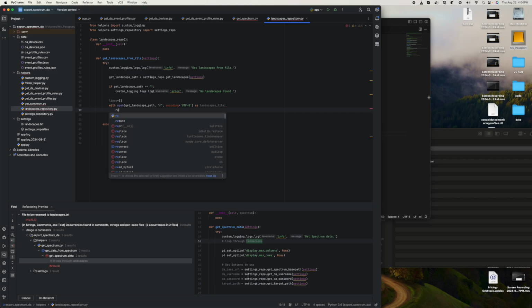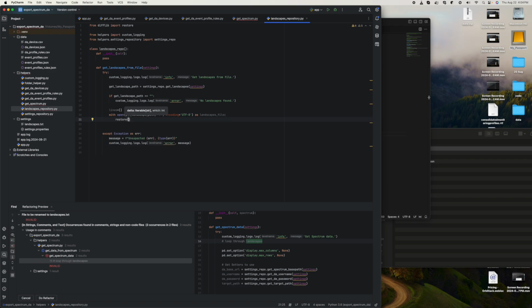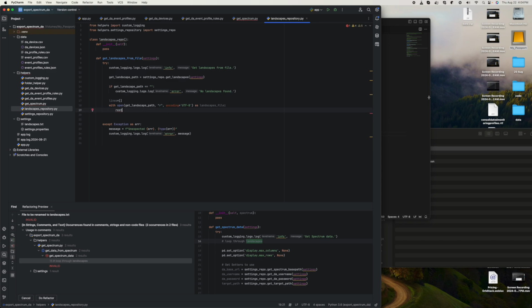And then what we can do is just do our results. We'll call it result equals landscape read lines. But I'm going to do it a little bit different. I want to split. So we're going to read files dot... It's easier to do a split on just a read, not a read lines. Is read capitalized? No, it's not. It shouldn't be capitalized because it's Python. Read dot and then split